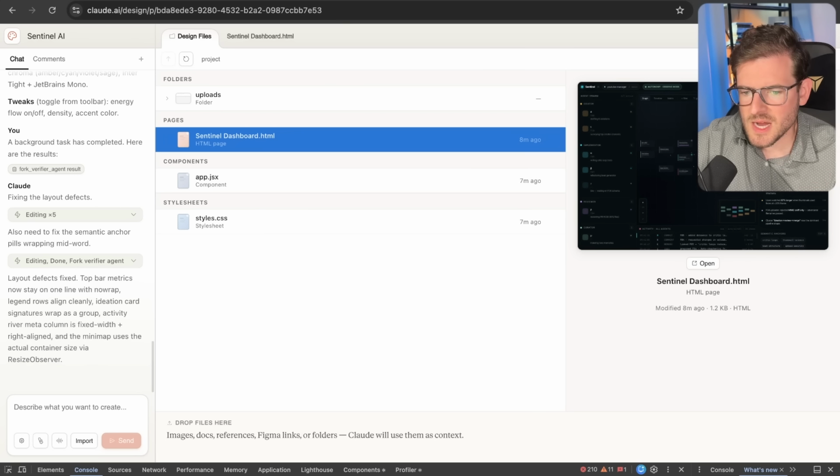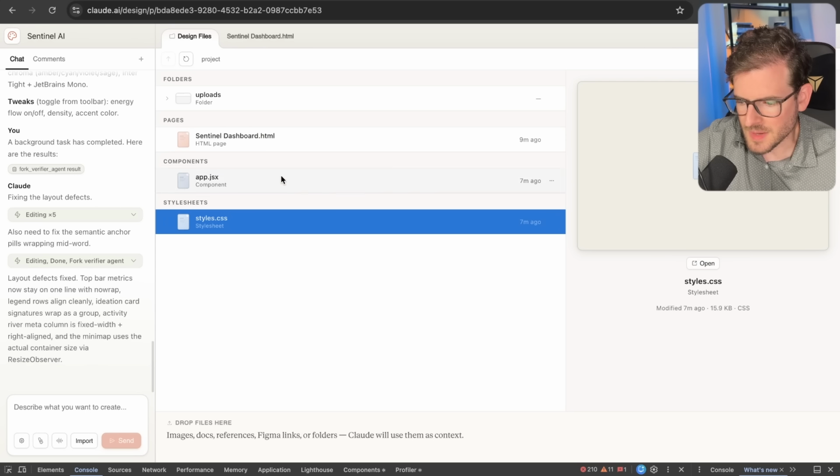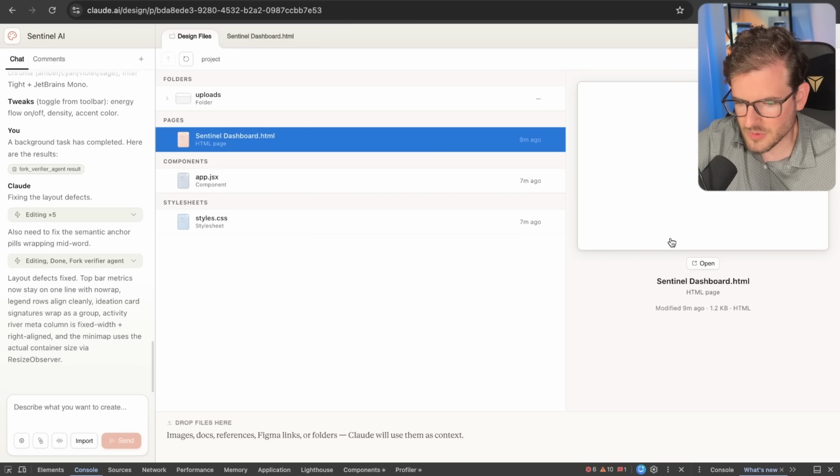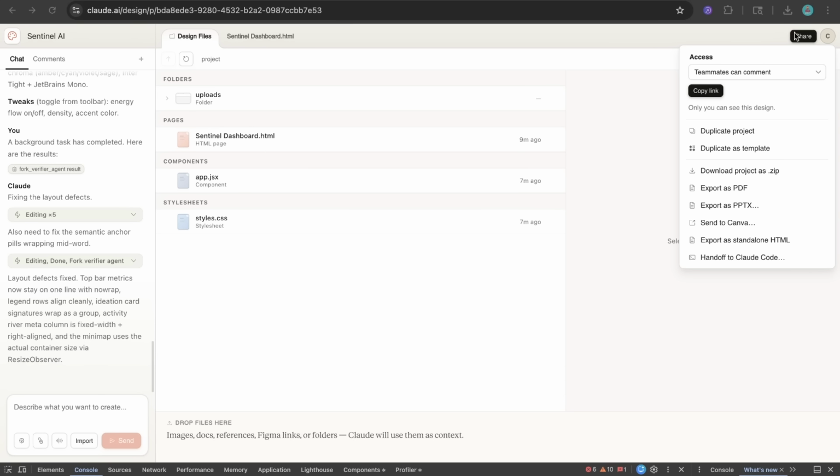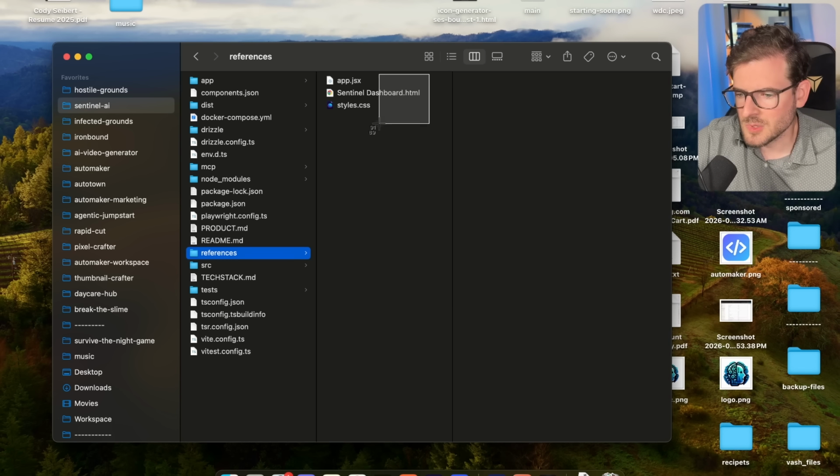Now, my question is, how do I actually drop all 3 of these files in my project and let Claude Code implement it? I might have to download these individually or something. Oh, here it is at the top. Click on share and say download project as zip. So I went ahead and dropped those 3 files into my project,